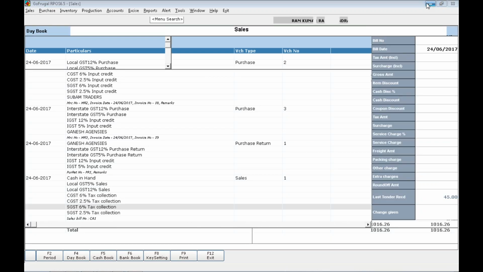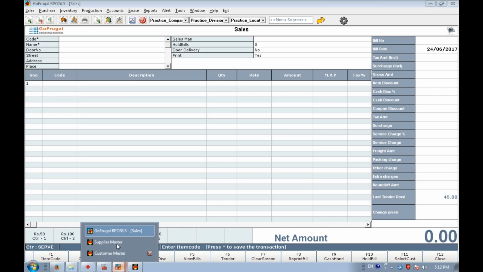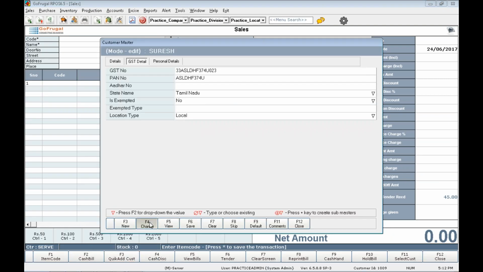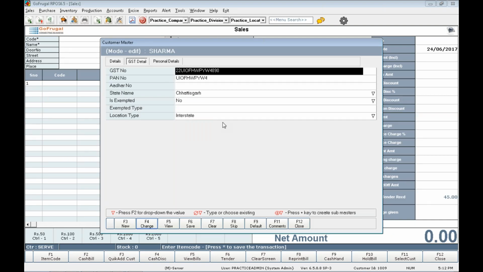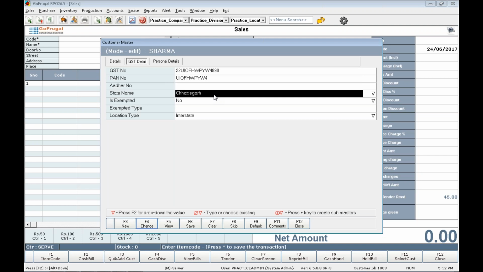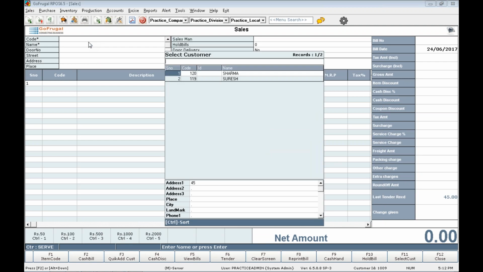Let us do a sample sale for the interstate customer. For the customer Sharma, under GST details, this customer is from Chhattisgarh, and he is an interstate customer. For this customer, IGST should be applicable.